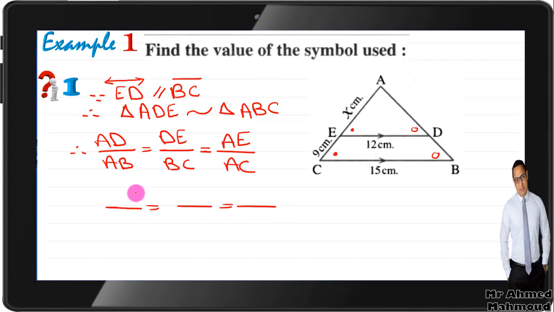AD and AB are unknown, so I will not write this ratio. DE equals 12, BC is 15, AE is 4, AC equals